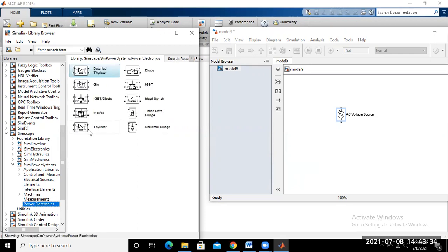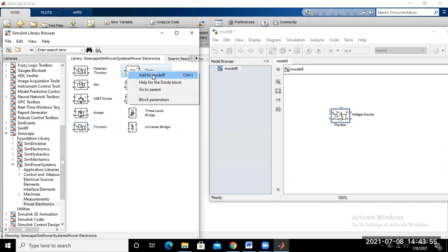So here is the SCR, the thyristor. Drag this one into model number 9. Next, what do you require? Diode. Okay. So here is the diode. Just add it in model number 9.